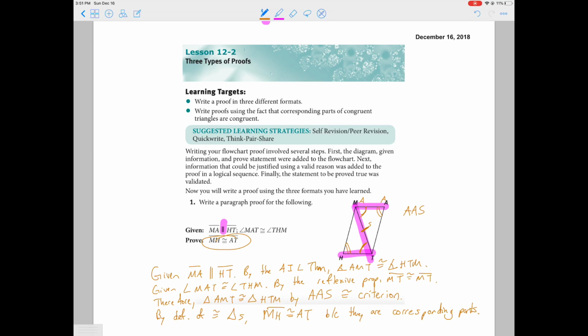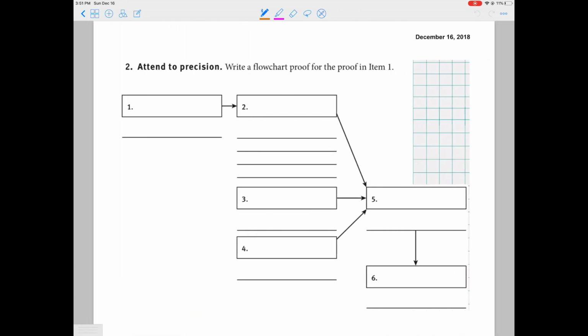So you could do this first. It just seems to me like you're just writing a flowchart or two-column proof together. The book makes it seem like it's more of a brainstorm, but it needs to be just as detailed and correct. So it needs not just a way to think about it, but actually thought out and make sure it follows. So if we look at the flowchart proof and just want to fill it in, first we said this